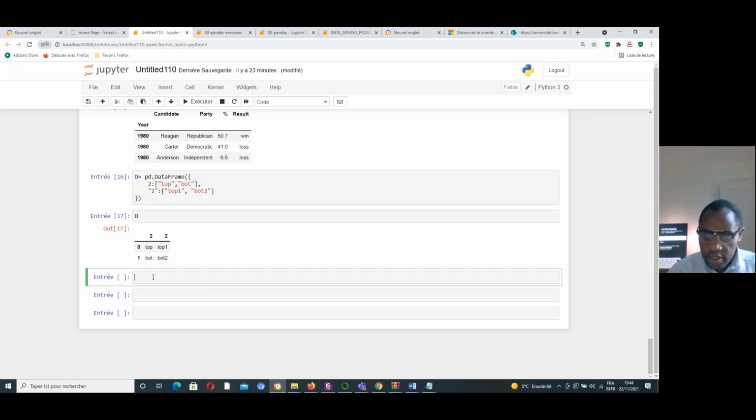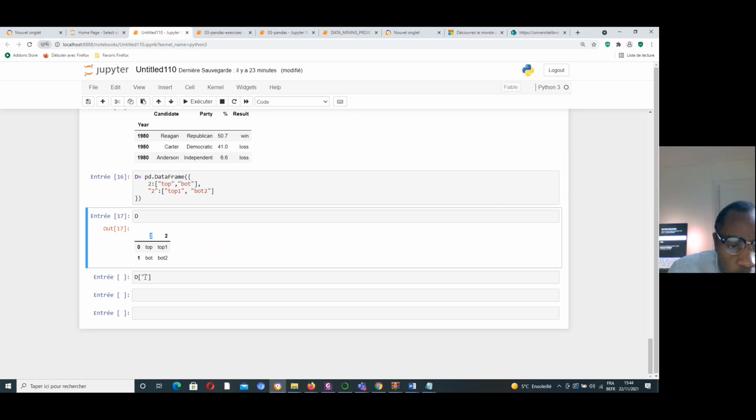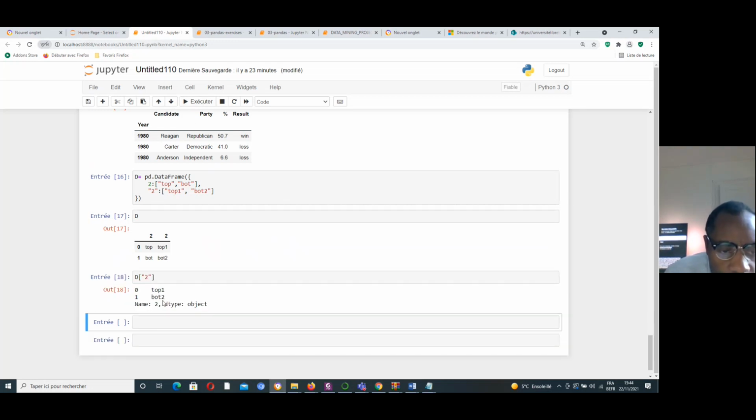If I try to predict the output, the name of the first column is 2. If I put 2 here and execute it, yes, I get it. But the name of the second column is 2 again.